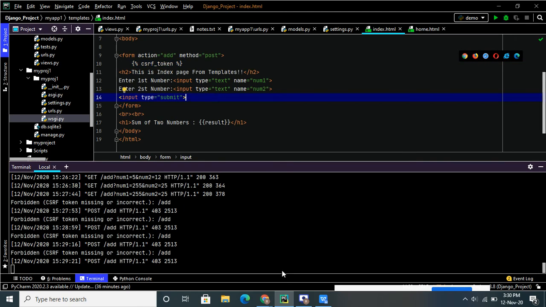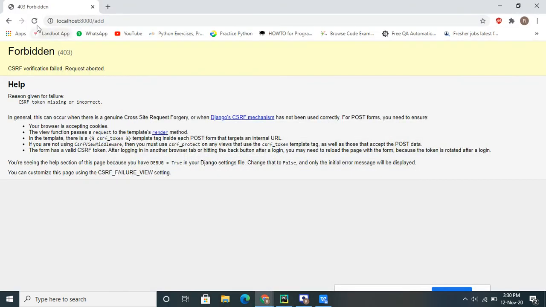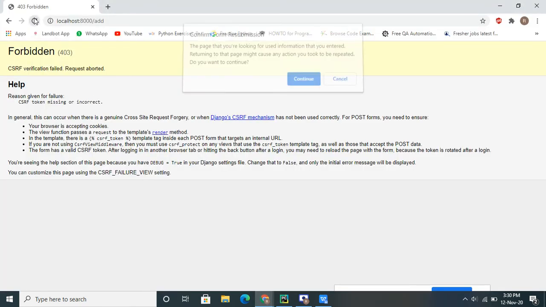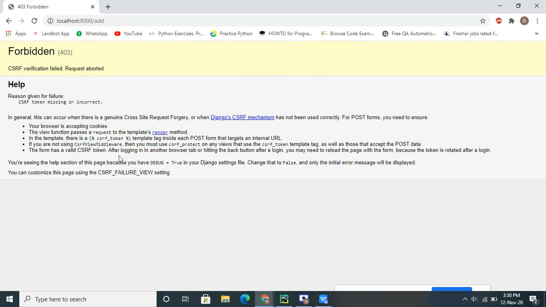Now I'm going to run the program. Okay, one second. I think the CSRF token is incorrect. I don't know what is happening.